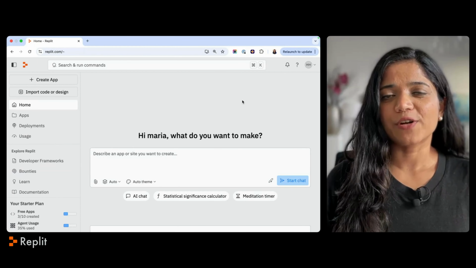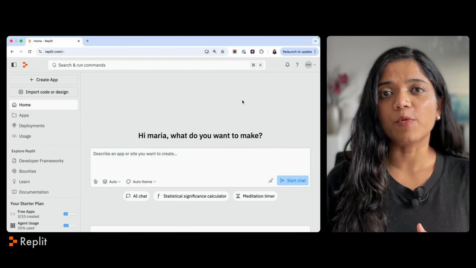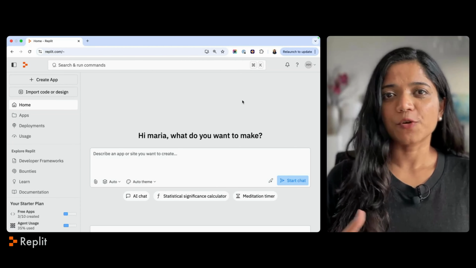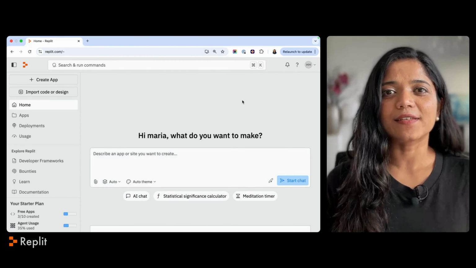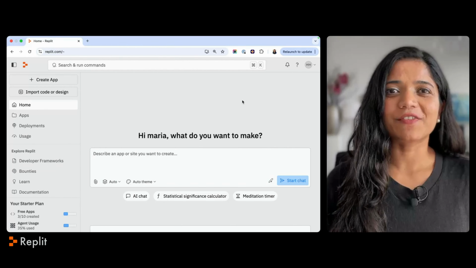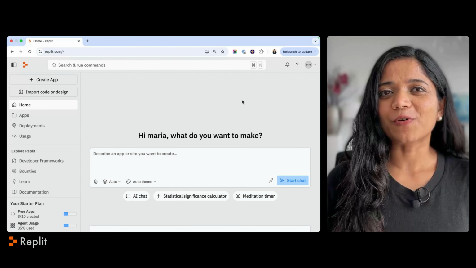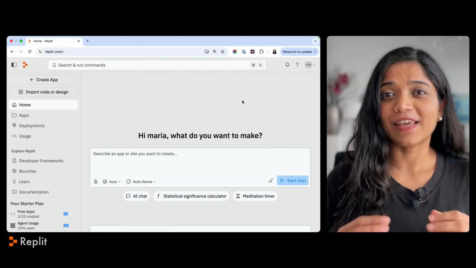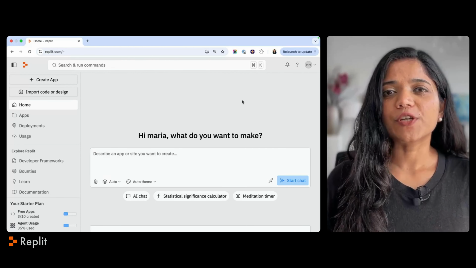Typically, a product manager handles this by either doing it on whiteboard or taking help of a designer. So, you describe the idea to your designer, and the designer gives you some designs in Figma. But ever since these vibe coding tools have hit the market, I have been using them for creating these rapid prototypes, and they have been amazing. So in this video, I'm going to look at Replit.